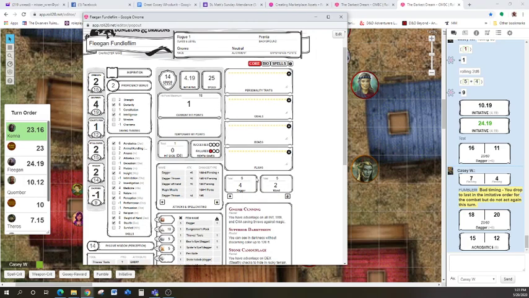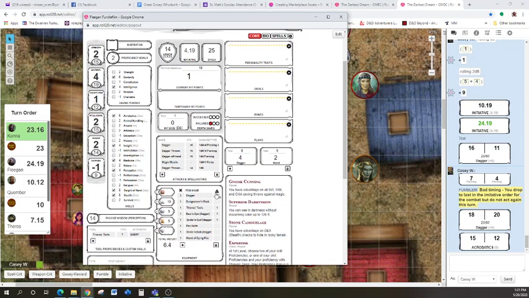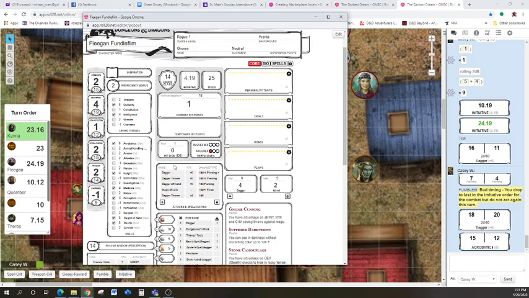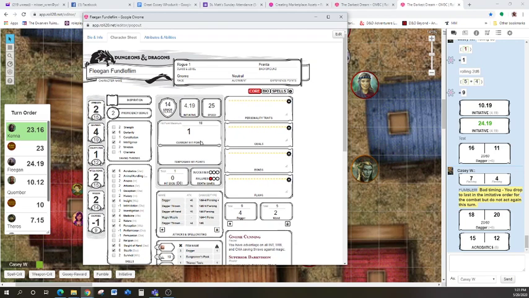Now, you may have seen me rolling to attack with my dagger, and that's another way to do that. And all of the different weapons that are in here you can use for that. You can track your death saves, how those work. You can track your hit points here. You notice he only has 1 hit point left out of a maximum of 18 because they just came out